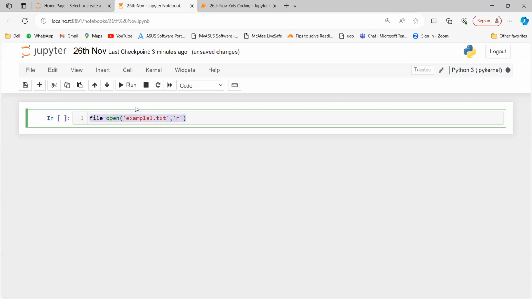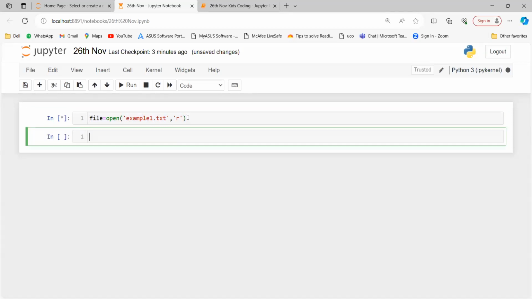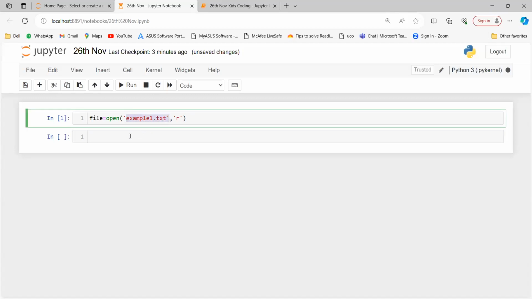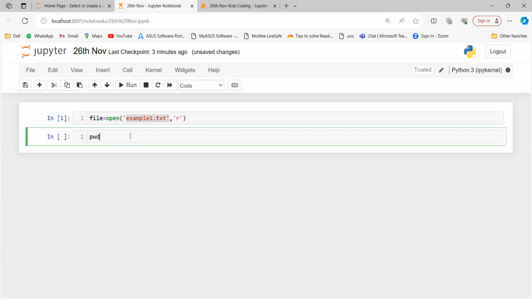So the meaning of this is we are telling the Python interpreter to open a file example1.txt in read mode. Okay, so now let me run this. It has opened this file. Now, if you want to check whether this file exists or not, for that, first of all, you have to write pwd. So this will give you the